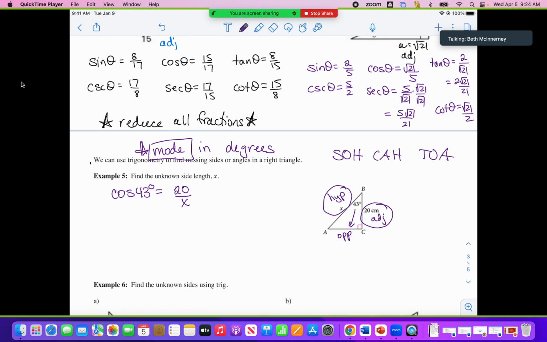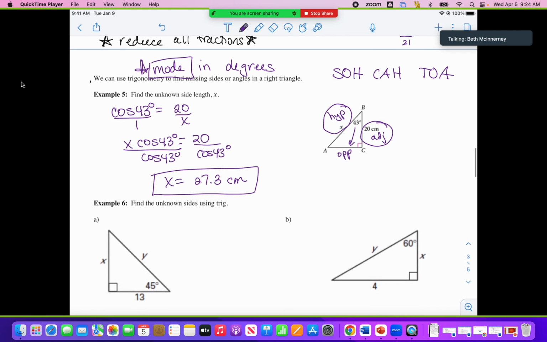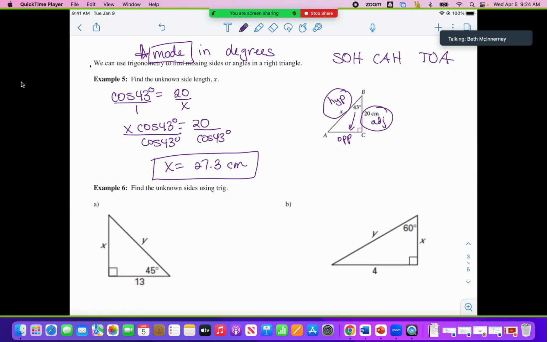All right, so watch what we're going to do. Make this a proportion. You're going to cross multiply. Then you divide by the cosine 43 degrees. So we're going to round to 1 decimal unless it says otherwise. If you're not getting 27.3, raise your hand and let me come help you individually on your calculators. All right, so now this one,